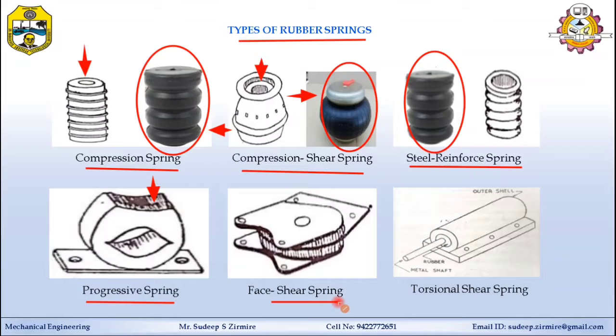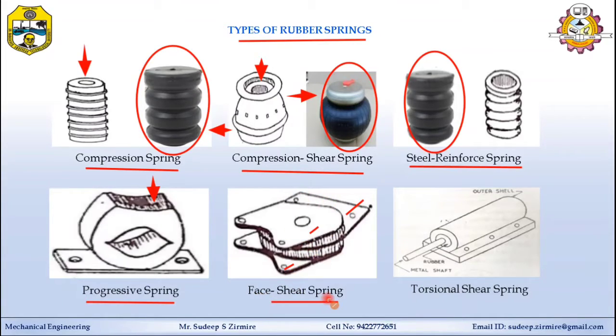The next one is the shear spring, also called the face shear spring. It consists of two thick rubber discs. Here you can see the top plate, the second steel plate, and in between there is another steel plate. All are fixed to the frame, and these are pivoted at the center. The metal plate is bonded to its flat surface and is pre-compressed. It operates by relative motion of the plate about its axis when loading, and it takes partially shear load also, face and shear load. That's why it's called the face shear spring.